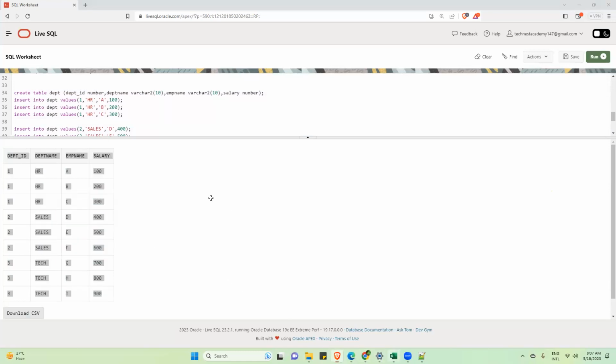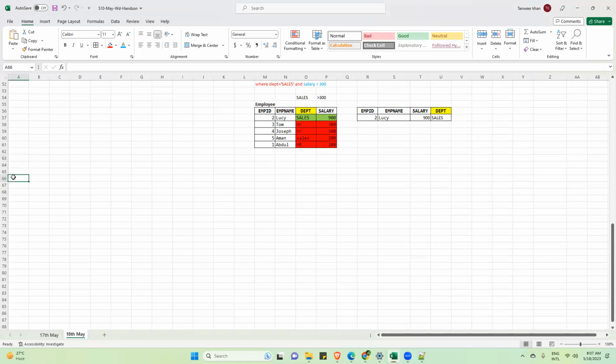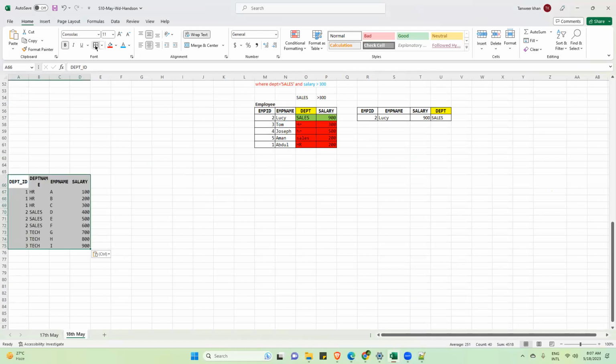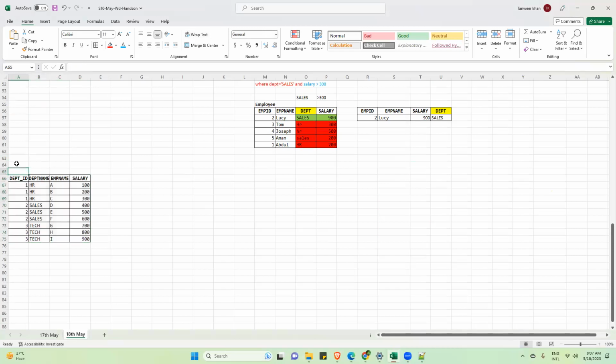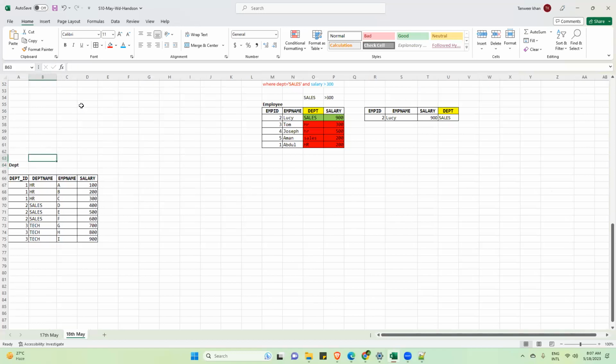Now you have to listen very carefully. I will show you a few complicated scenarios. This is the department table. Now my manager is telling Tanveer, I want details of those employees who are working in the HR department.